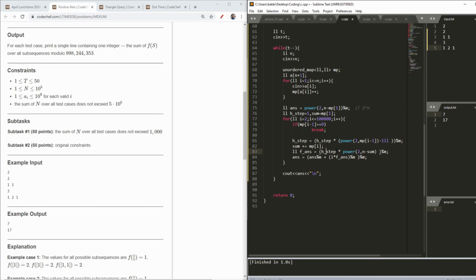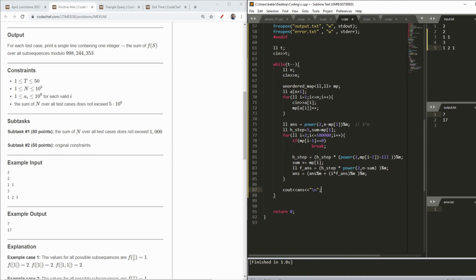Then I multiply my h step with my last answer, and my F answer I multiply by i, because as I showed you in my explanation, I made you understand what is F answer, what is i, what is h step, and what is my answer. Then, as you know, for every subsequence you need its sum, so I added it to the answer and output my answer at last.